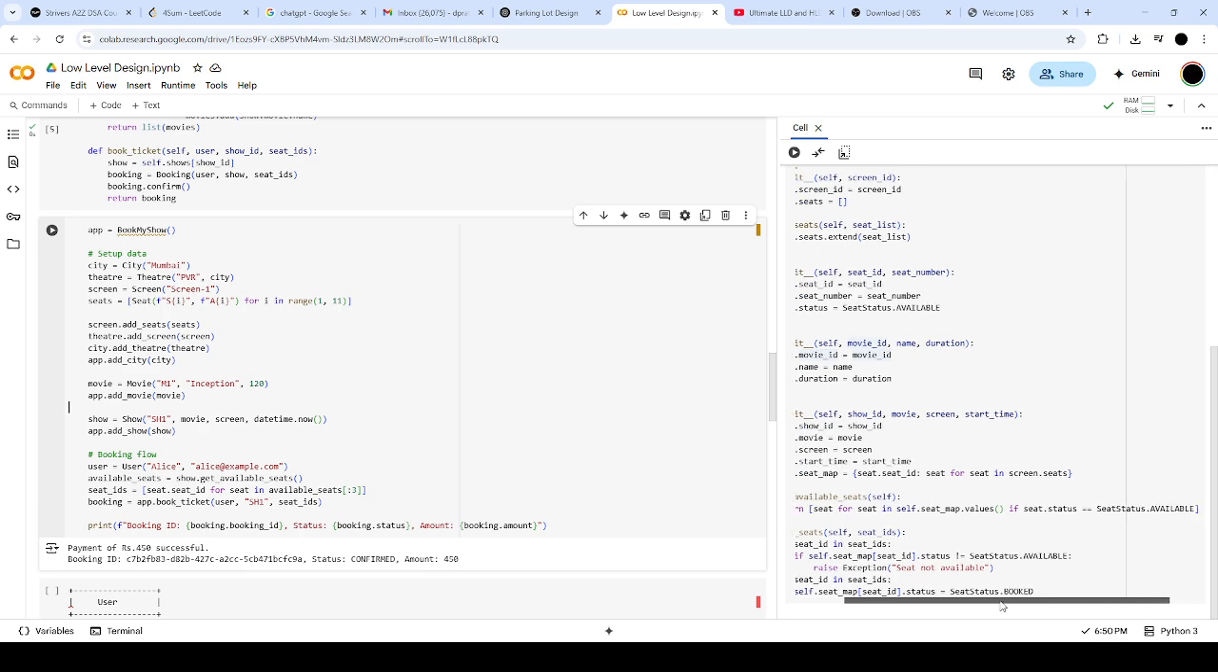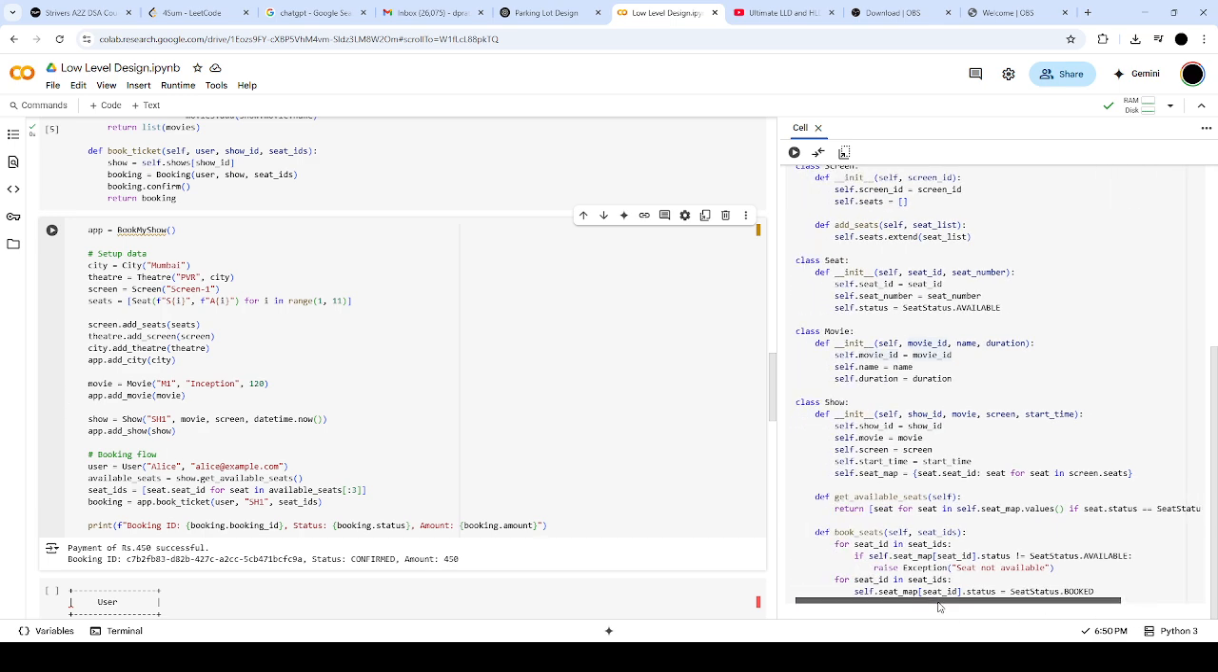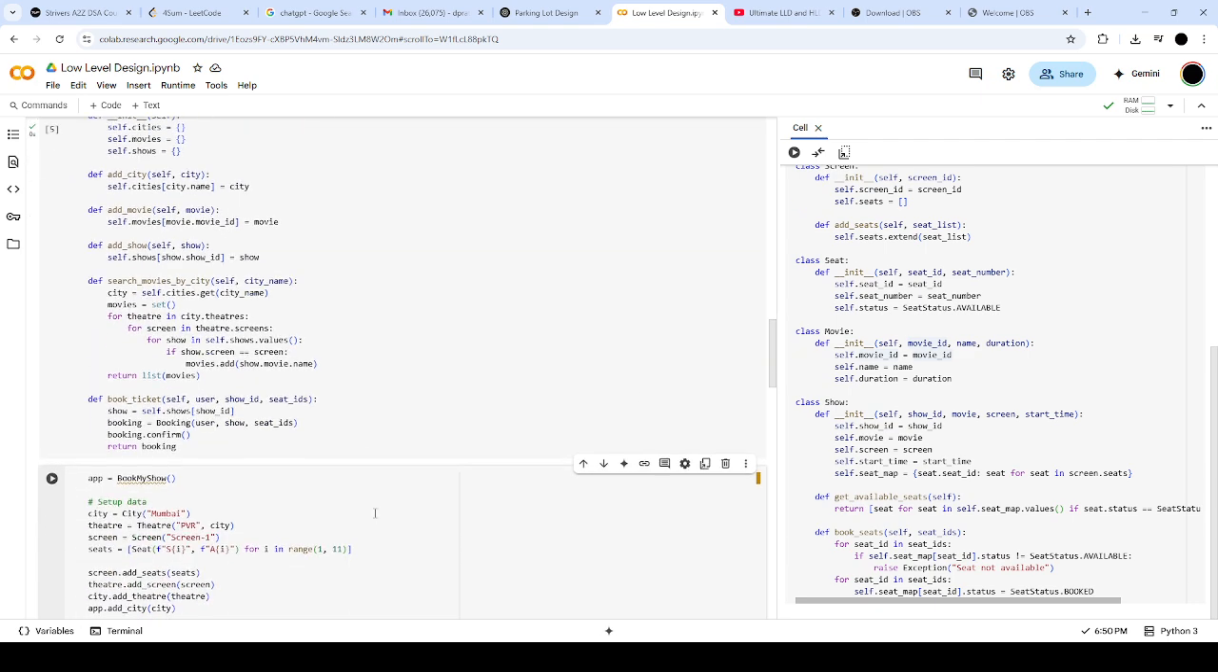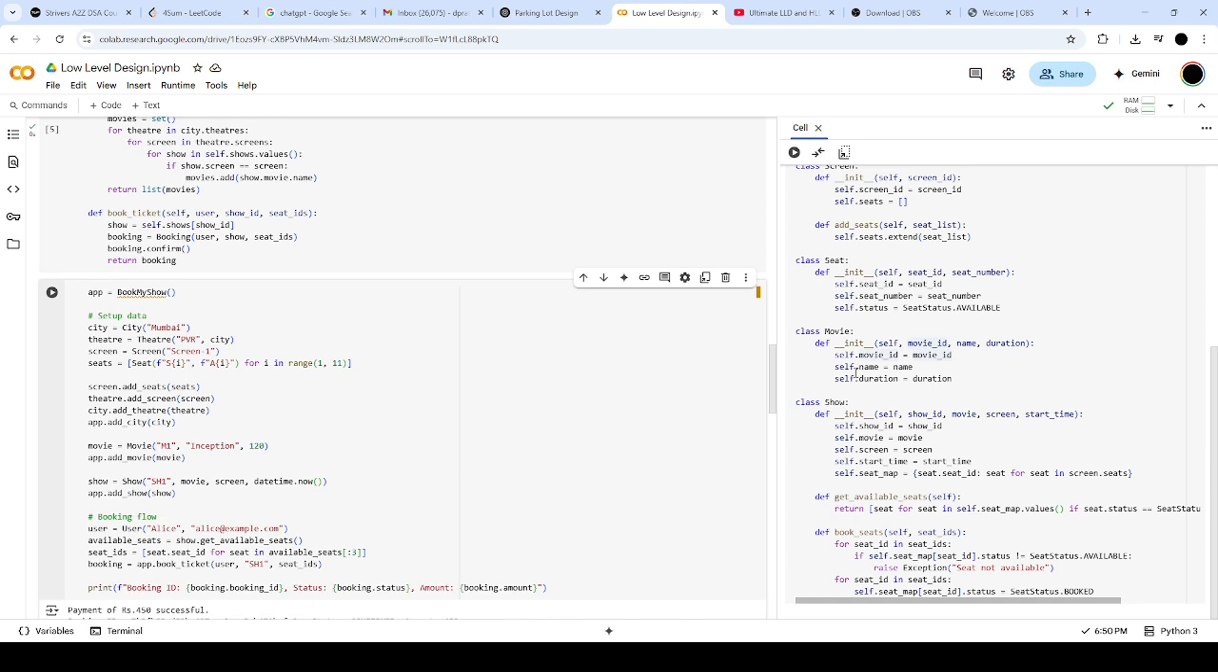like a particular show. BookMyShow is only the management platform, but the actual show is like this particular movie is listed in this particular theater in this particular city. That is my actual show. So in the show class, as you can see, we have the show ID, movies, screens, start time, and when the show is starting and which screen this movie is listed, what is the actual movie, and the show